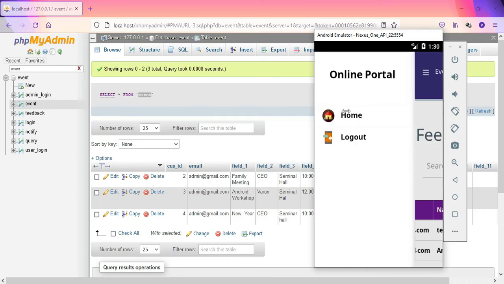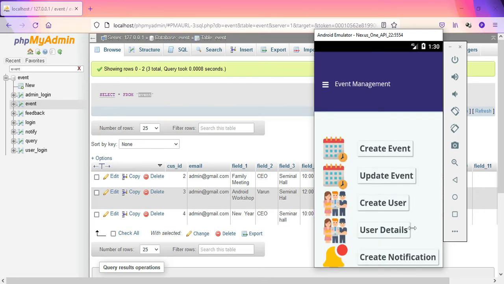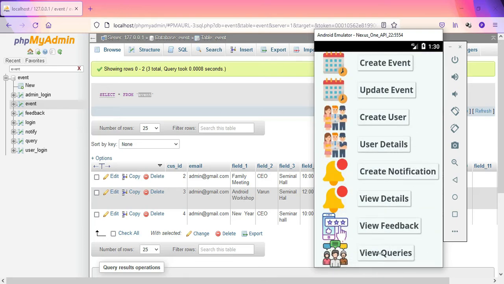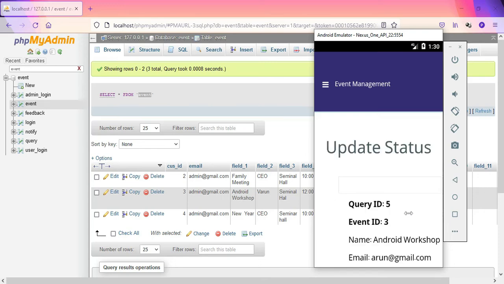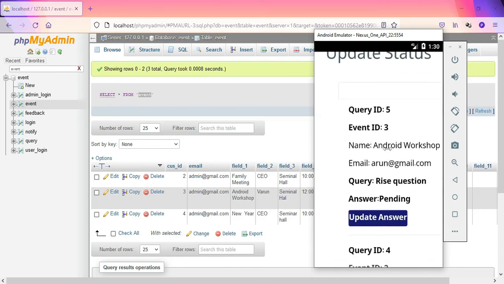The final module is the answer module. If the users ask any questions or queries from the user side, they will be asking the questions, and here you can update the answers.